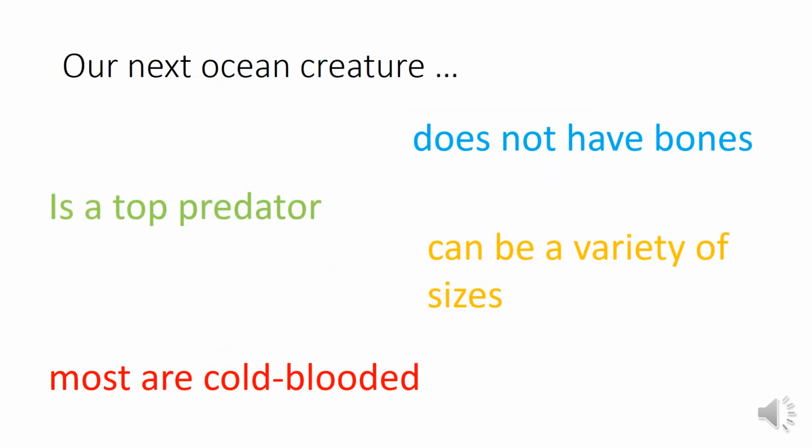Our next ocean creature. Okay, pause the video if you'd like, have a read, and let's see if you can guess. No peeking ahead. It does not have bones. It is a top predator, so top of the food chain. They are mostly cold-blooded, but they can be of a variety of different sizes. So a little bit like the whales I thought before of a humpback. There are many different kinds of whales. Today we're going to be thinking of